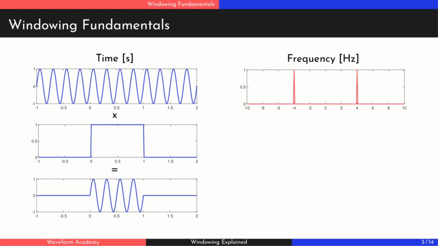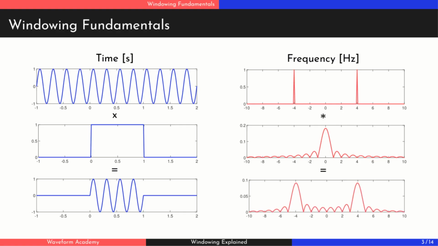A rectangular window has a spectrum shaped like a sinc function, and as you may know, multiplication in the time domain becomes convolution in the frequency domain. So convolving the Dirac deltas with the sinc function shifts and smears them out. The spectrum of our finite signal still has peaks at ±4 Hz, but now it also shows unwanted ripples, known